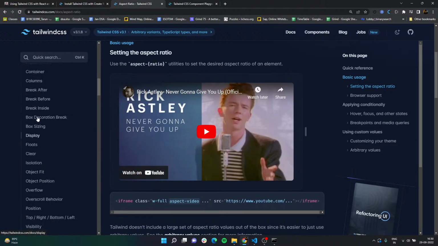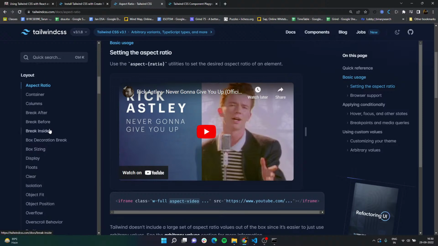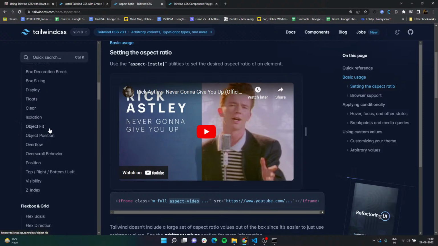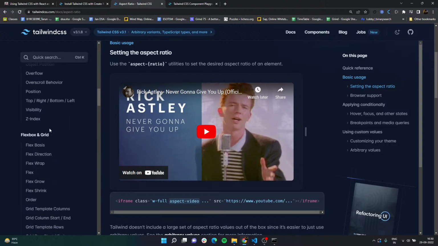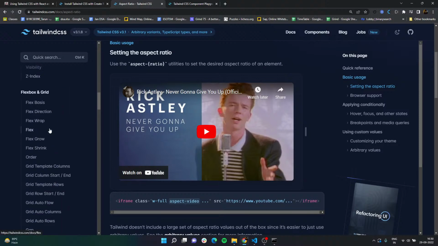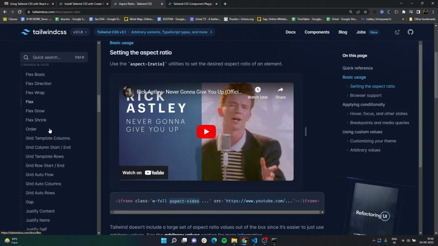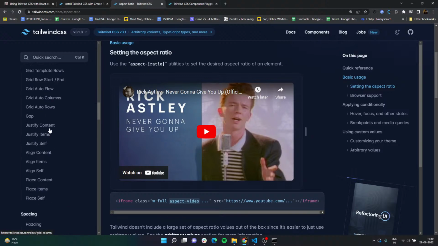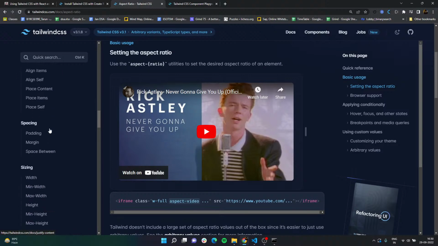In the layout part we have a lot of stuff, like aspect ratio, container, columns, break after, break before, break inside, box sizing, display, float, clear, overflow, position, z-index and stuff like that. They also have flex, box and grid. So you have flex direction, wrap, grow, shrink. You have grid, you have justify content, align items, you have spacing if you want to give padding, margin, spacing